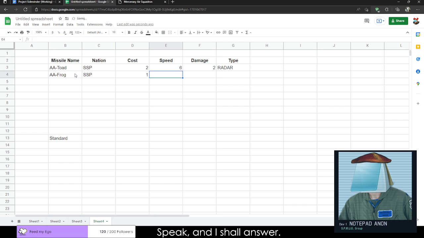SSP is going to cost you 1. It's going to be speed 5. Damage is going to be, actually, we'll make you damage 2. You're going to be a heat seeker. But the idea behind it is that radar is going to be able to pretty much home in on you as long as you have a lock. Which, as long as you are moving,